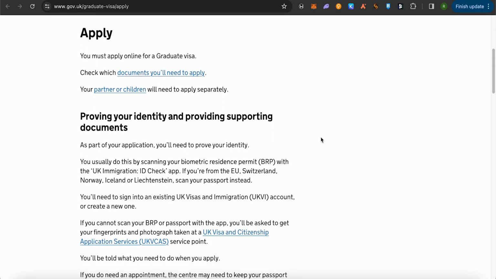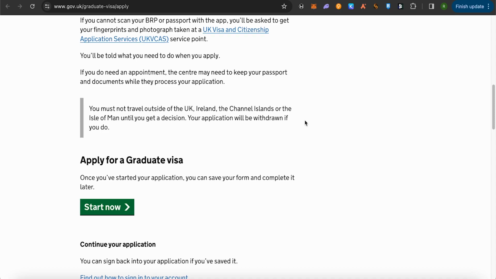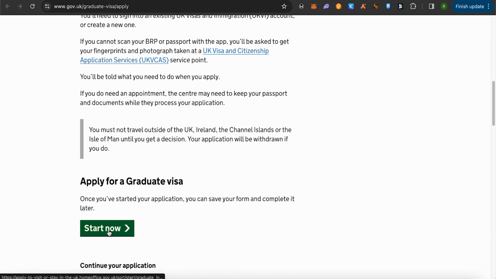If your partner or your children are going to stay with you, then you need to apply for them separately, and you can also check out the details regarding that by clicking on this option of partner or children. And for now, you just have to scroll down in order to apply for yourself, and just simply click on this option of start now. After that, wait for it to load,